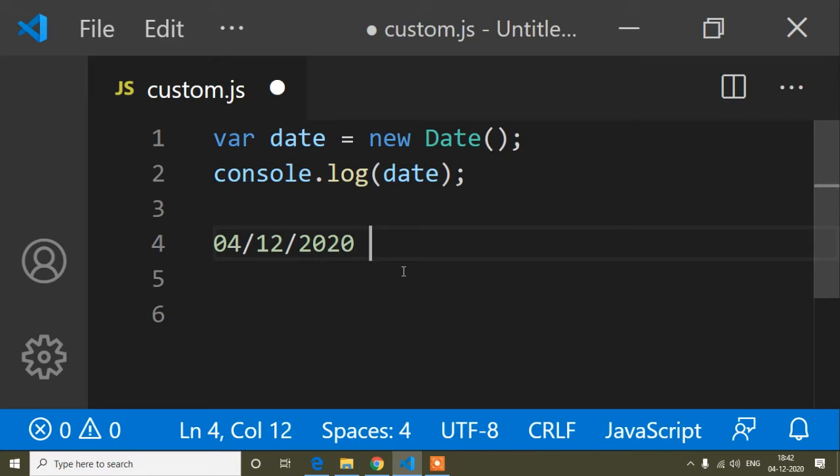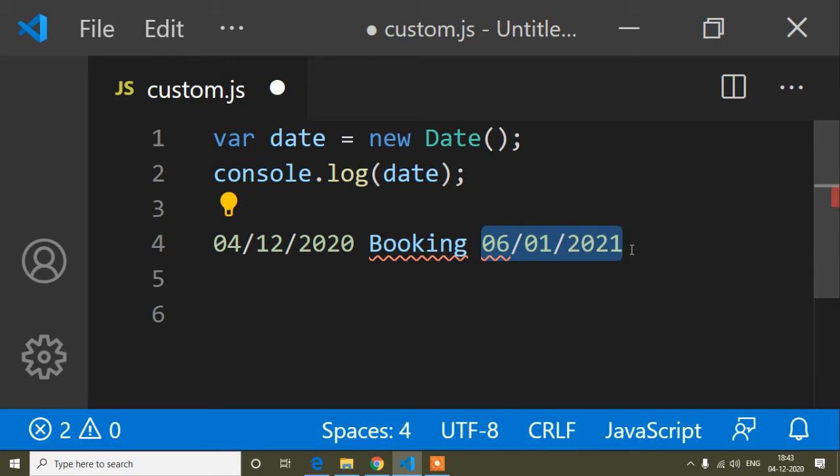So you are booking a restaurant table, and the booking date is, just for example, 6 January, so 6/01/2021. So your booking date is 6 January 2021 and you are booking today.